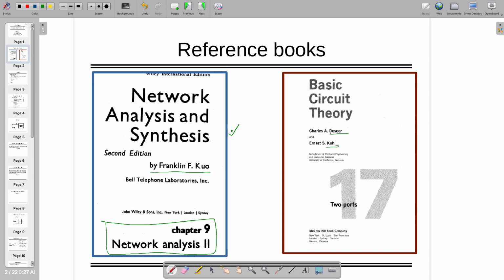You can use this book also, where chapter number 17 is useful, two ports, right? This book is almost talking about all the passive elements, but what I want to cover here is a little bit of active elements which can be modeled as two port networks. So that is what we are going to study from this book. So transistor basically,